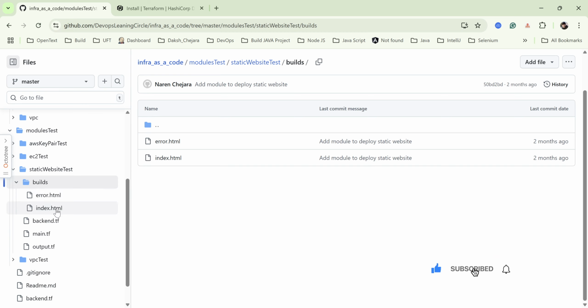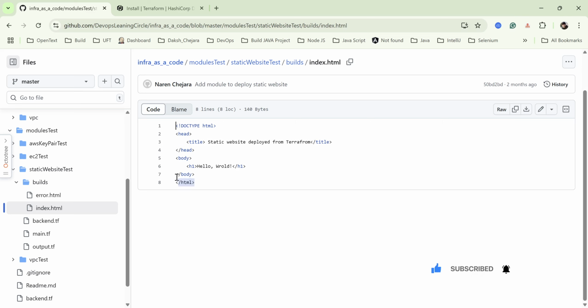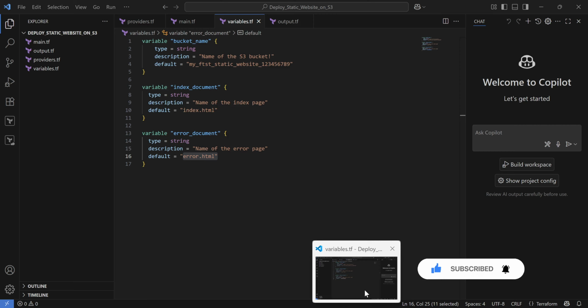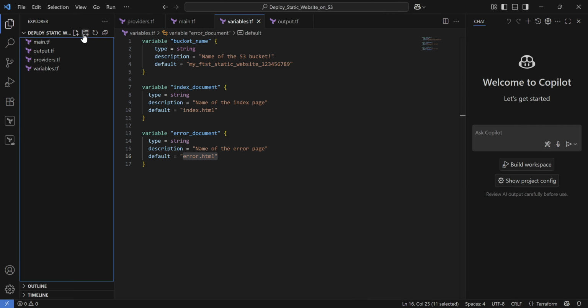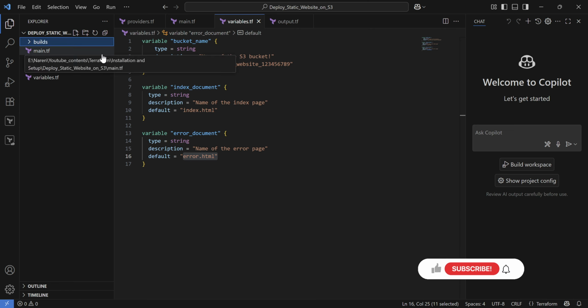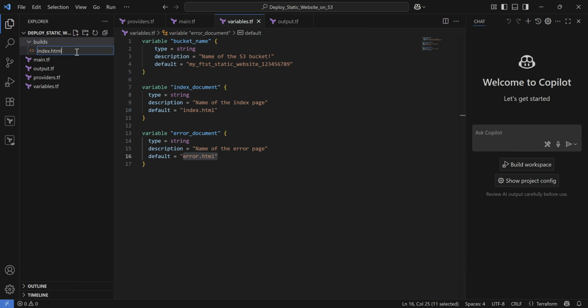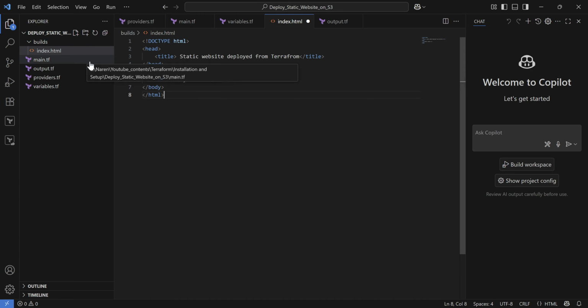So we have the two pages here. Let's grab the page. It's a very simple page, so we can create a folder builds, and then we can create a file called index.html and then paste the code here.